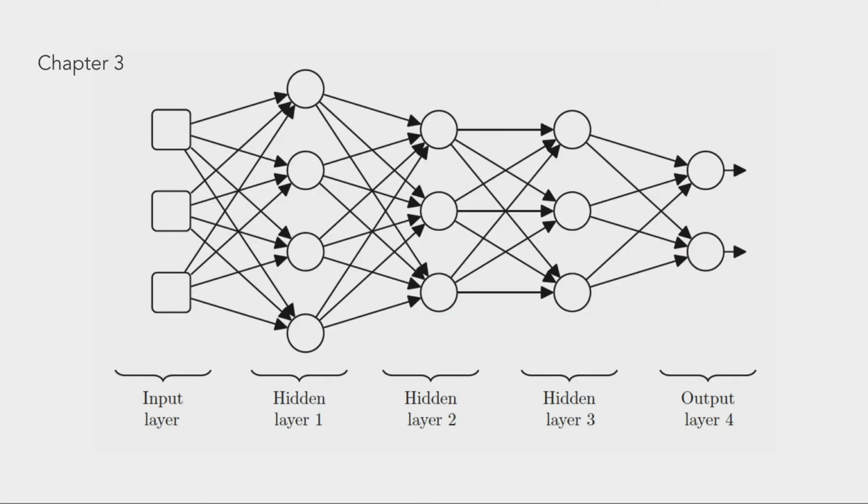Kelleher uses this figure of an artificial neural network to explain the structure. Think of the neurons in a neural network being organized into layers. The depicted network has 5 layers: 1 input layer, 3 hidden layers, and 1 output layer. A hidden layer here just means a layer that is neither the input nor the output layer.